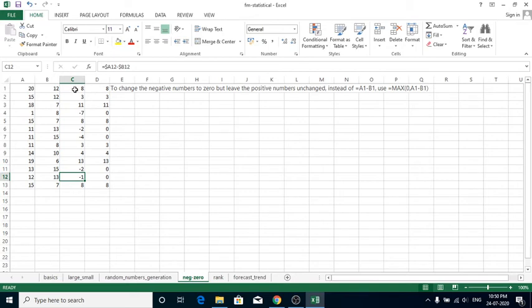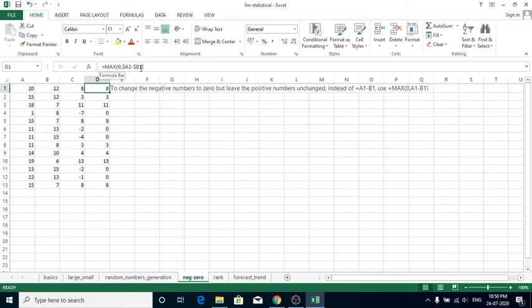So instead of simply putting this minus subtraction operation over here, we have to use the MAX function. What this function means is equals MAX of 0, $A1 minus $B1. This function means subtract the cell values of A1 and B1.